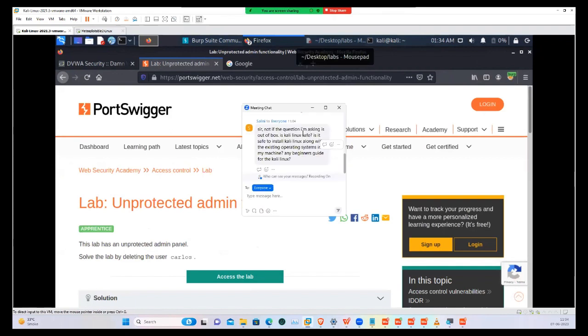Sir, a question: is it safe to install Kali along with the existing operating system? Yes, Kali is safe. And if you use some hardening for your Windows, Windows is also safe. And in the corporate, I'll try to give the answer. It is not related to whether Kali is safe or not, but